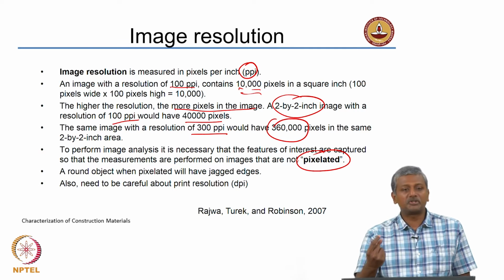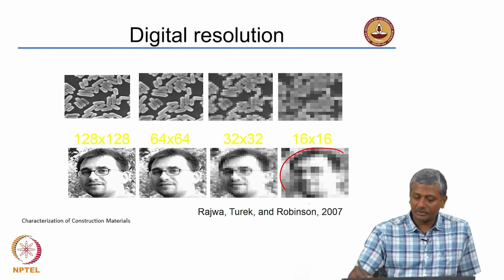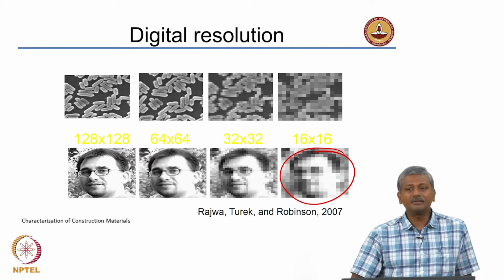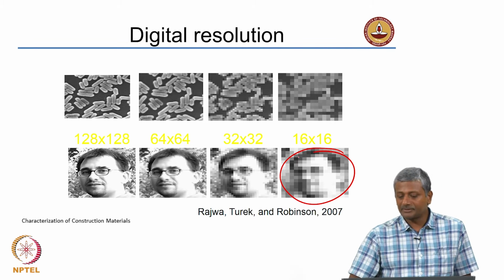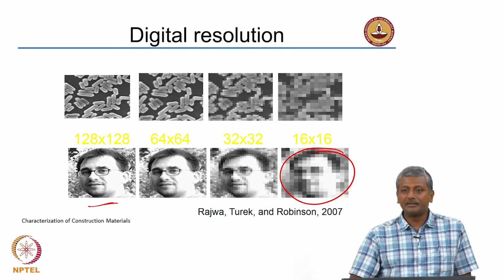Sometimes a pixelated picture, like I will show you in the next picture, this is a pixelated image. You have chosen very few pixels that are not able to show the degree of clarity that is expected in this image. In an attempt to reduce the size, your image is now pixelated.